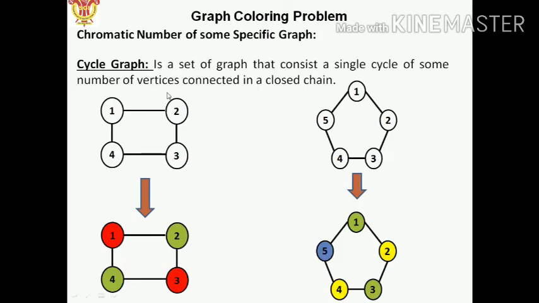Now we are going to see this cycle graph. For the cycle graph we didn't have any kind of formula, that is, the minimum number of colors we would have to find by using the backtracking approach that we have used earlier. So there is no fixed formula through which we can get the minimum number of colors used to fill the graph itself. Although we can get a feasible solution also.